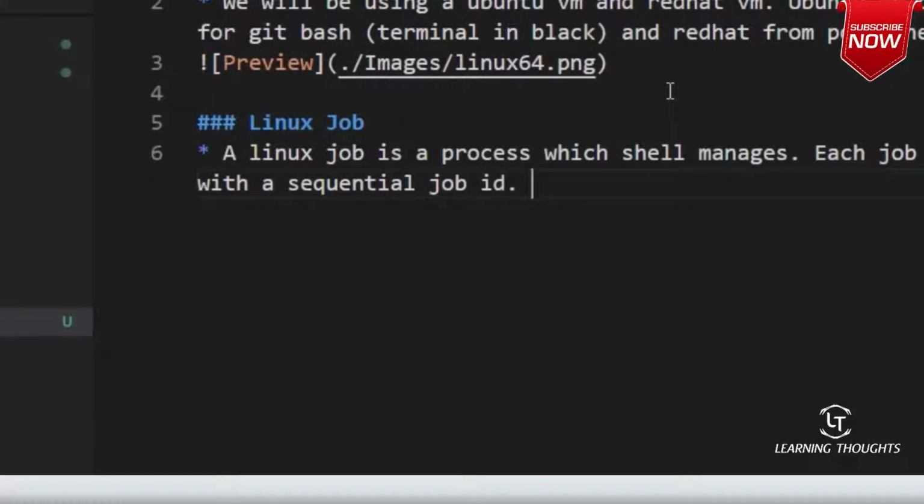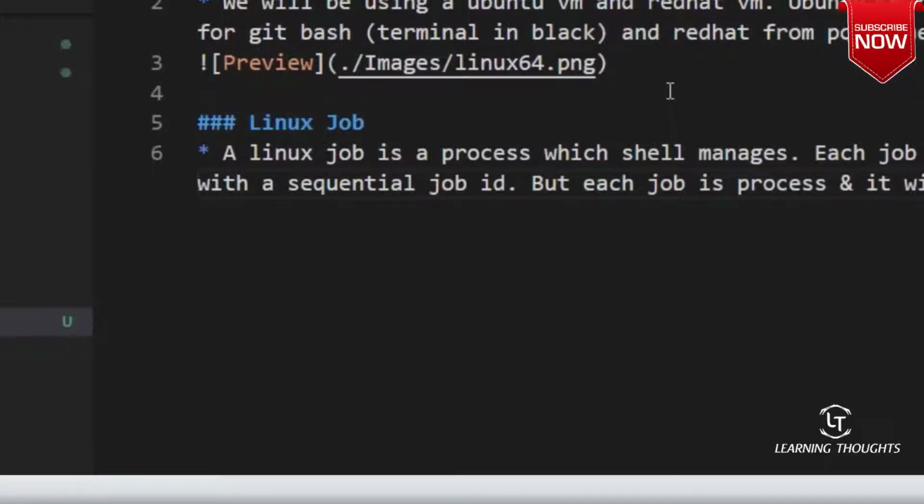But each job is a process at the end of the day. Each job is a process. There is no difference. And it will also have a PID. So, am I clear on this?